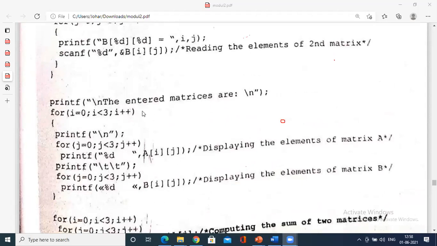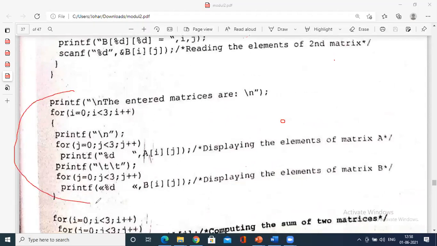So this is for displaying. Enter the entered matrices, for i equal to 0, i less than 3. So you have to display in the same format, no? That is, after each row, go to the next line, and after printing one element, you should take a tab, 2 tabs.